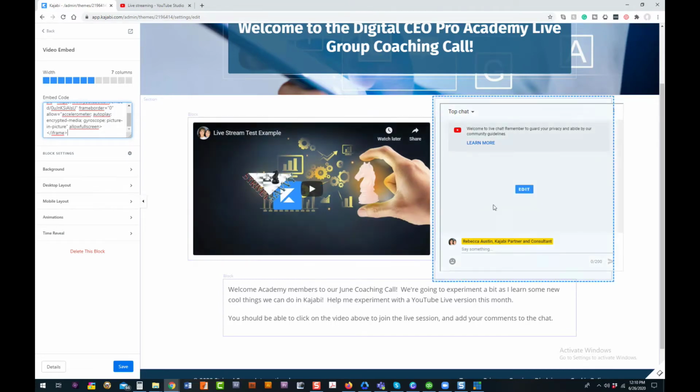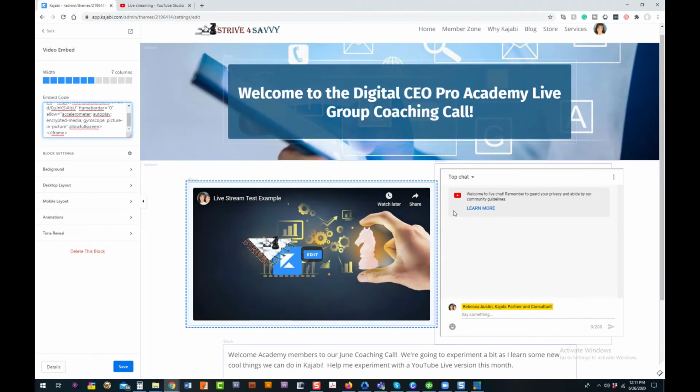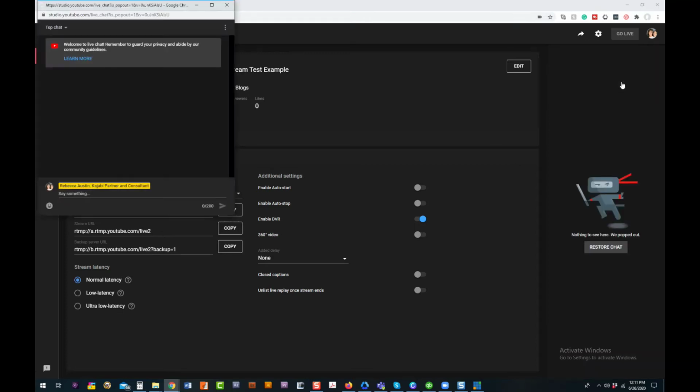Now, the next thing we want to do is set up our chat. So what we'll do is go back to our live streaming, and go to our live chat option over here where it says live chat, hit the three little buttons, and hit pop out chat. Because what we need to do is get the actual URL link for this chat. So we're going to click pop out. And you'll notice here that we now have this URL for the chat itself. So we're going to copy this,